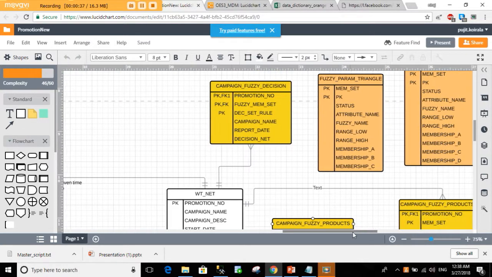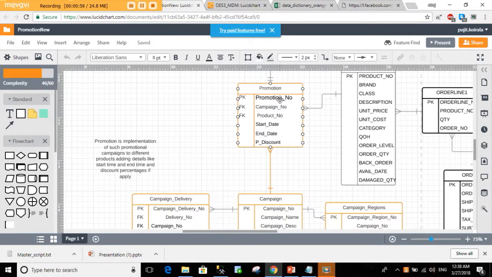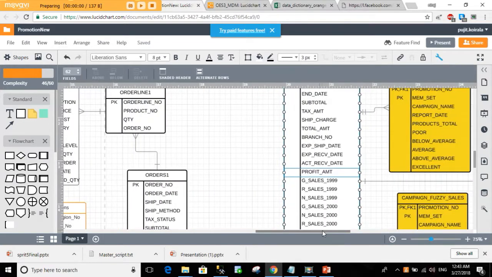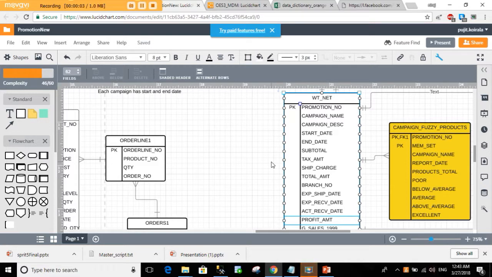In our implementation, we have a promotion table which has a campaign and product, start date and end date. While performing calculations, we are checking if the order date falls in the range of the promotion applied. To generate data in the WeightNet table,